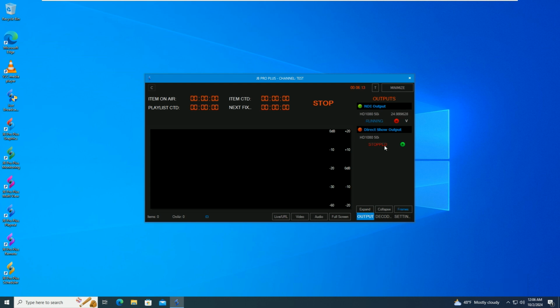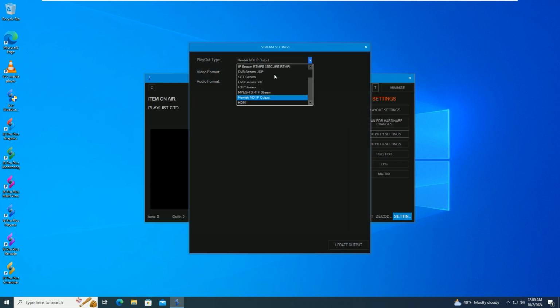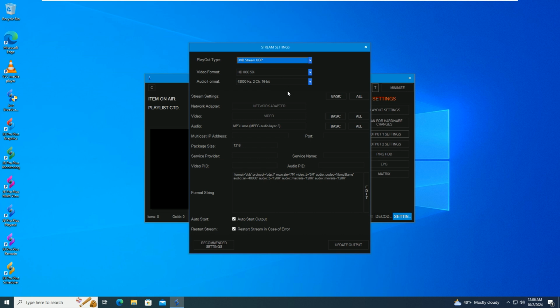As you can see, we have two outputs, NDI which we selected and DirectShow which we'll set as the default one. If we want to change output, we go to settings and we have output 1 settings and output 2 settings. In output 1 settings, we can change our output to whatever we want. At this moment, I will select UDP, DVB stream UDP. So we select UDP, network,